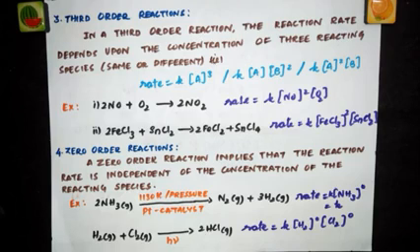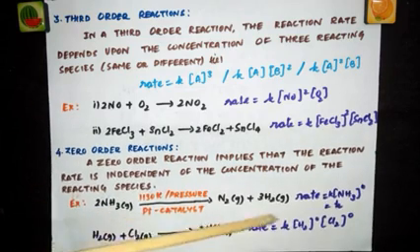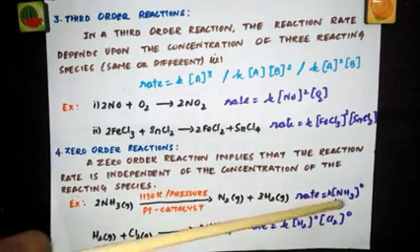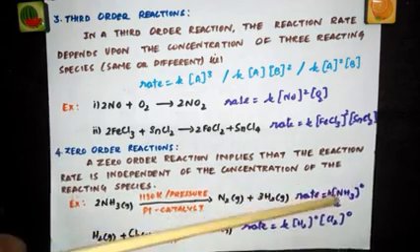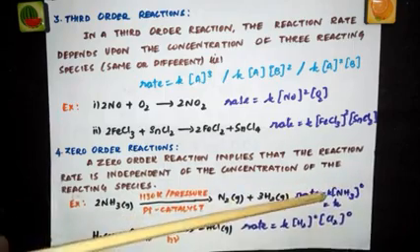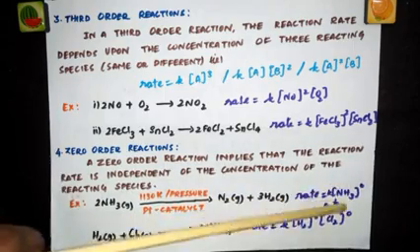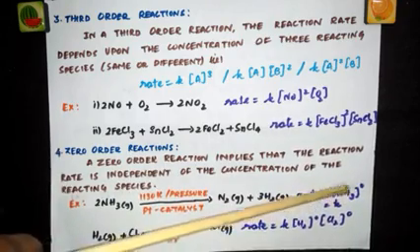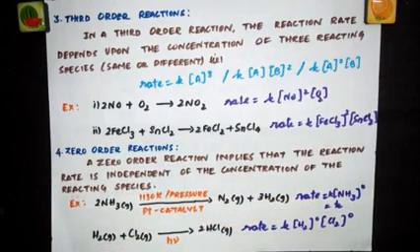So to put it in simple words, if the rate of the reaction does not depend upon the molar concentration of any of the reacting species, then we call such reactions zero order reactions. Now see here NH3, how can you write the rate equation? Rate is equal to K into concentration of NH3 power 0. So anything power 0 gives you 1. So rate is equal to K. So what we conclude here, the rate of the reaction does not depend upon the concentration of the reacting species.